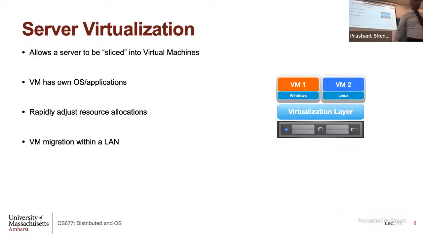Here's an example of those 2 VMs running there. But over time, the workload seen by these VMs might change. Maybe one VM needs more resources than the other because its applications are more demanding. So you can resize these VMs on the fly. You can increase the amount of resources allocated. Instead of 8 cores, I can give 12 cores to the orange VM and maybe only 4 cores to the blue VM. You can do these kinds of changes, which you will never be able to do on a physical server. You can't do this without buying real hardware and putting more RAM into a physical server. Here, you can just resize them on the fly.